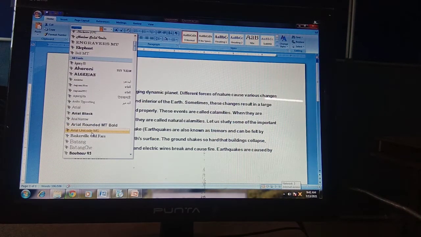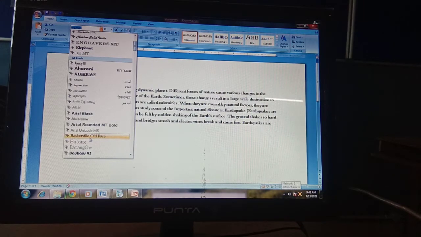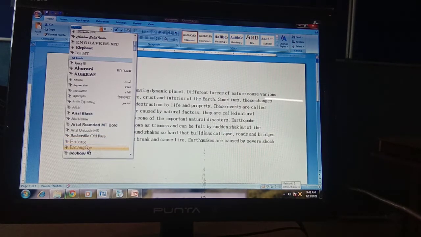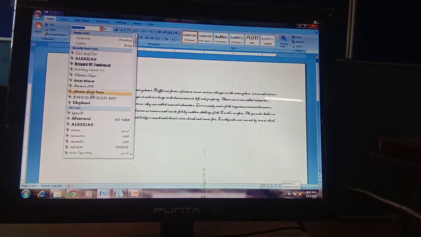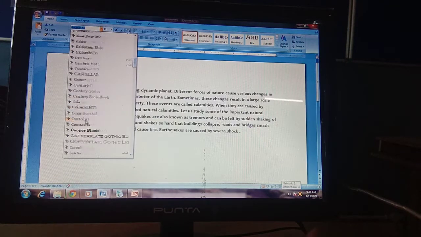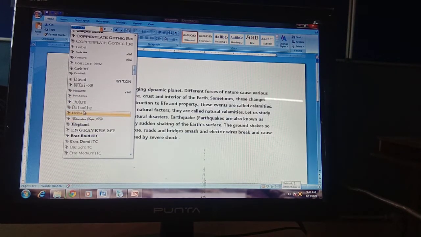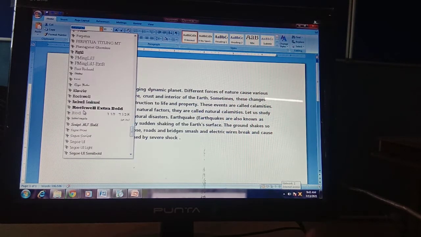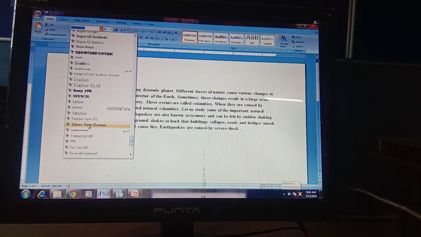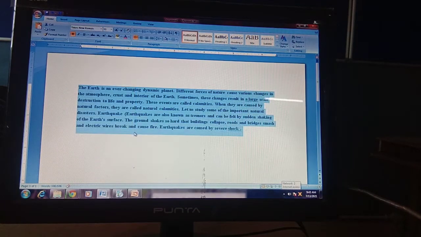For example, this type of font, this one. One of the well-known fonts is Times New Roman. So let's search for Times New Roman. This is your Times New Roman.